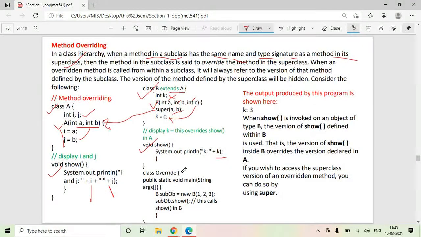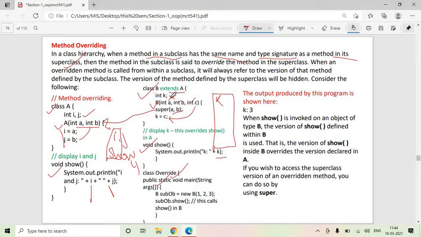Now class Override, some random name of your choice, has the main function. Now if I create an object of class A, what are the contents of the object? I, J and the show function. When I create an object of class B, what will I have?